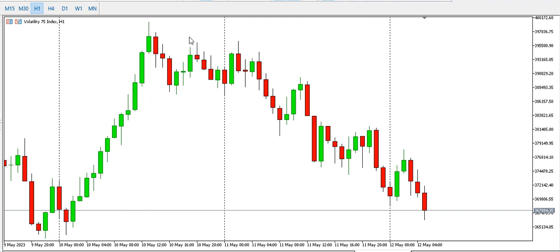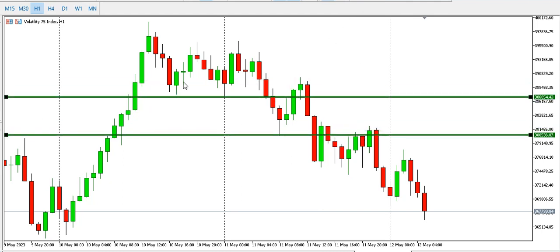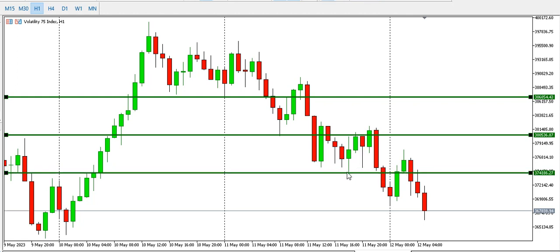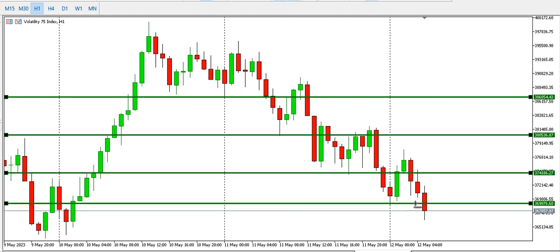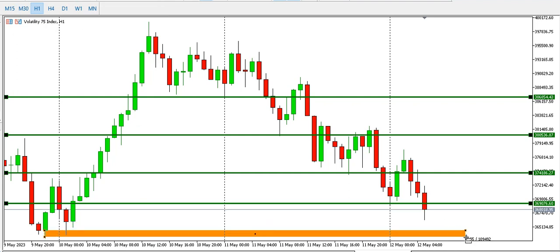On the 1-hour time frame, we can see a high, a low, lower high, lower low, repeated several times. So price kept on breaking structures, broke structure around here, here, here, and here. This structure has just been broken. So price is still going for the bottom of the chart. This is the bottom of the chart. Price is heading towards the